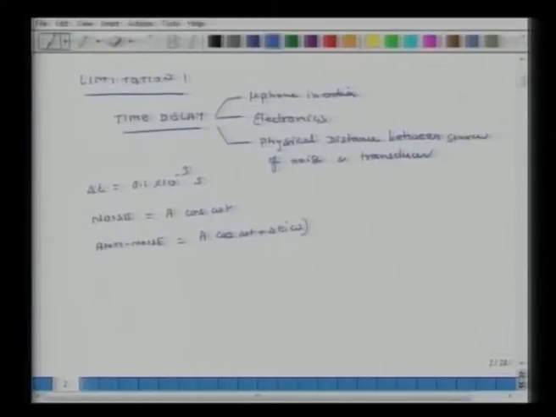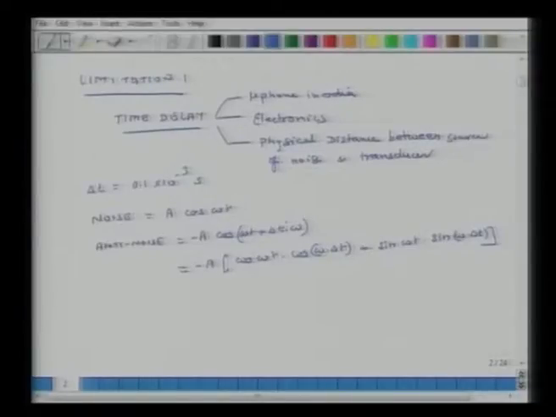Times omega. Plus pi by 2. Plus pi, yeah. Okay. Minus. So if I expand this, what I get is A cosine omega t times cosine omega delta t, plus sine omega t times sine omega delta t. Minus sine omega, minus I put outside. Oh yeah, this has to be minus.